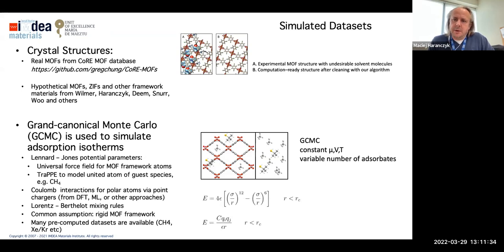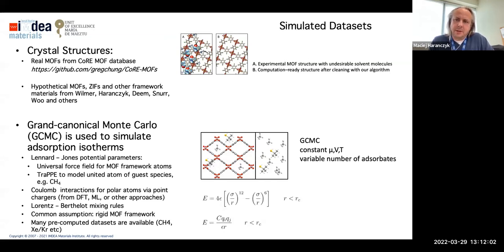There are also materials that we synthesize and they are deposited in a Cambridge structure database. Those structures typically contain solvent and other experimentally relevant information that we need to remove in order to run simulation. But there is also a curated set called computation-ready experimental MOFs, core MOFs. So if you are interested in running those simulations, basically the data set of structures are available.